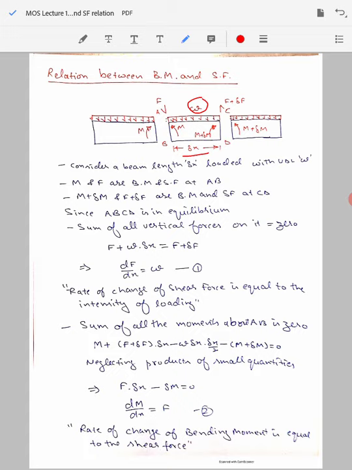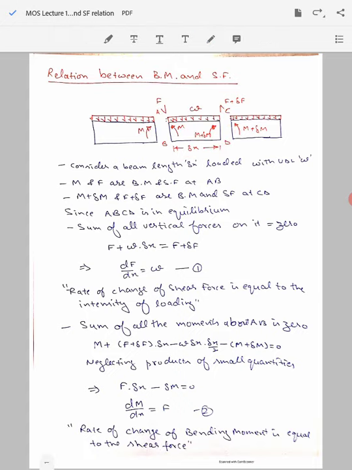So the value of the shear force at the left edge, that means AB, is given by F, while on the right hand side edge of this element the shear force value is changing from F to F plus delta F. Similarly, the bending moment acting on the left hand side is given as M, acting in an anticlockwise fashion, while on the right hand side edge the value may be M plus delta M in the clockwise sense.